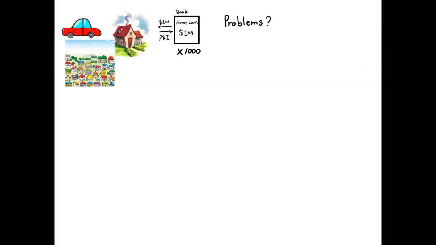If some of the households default, they're going to suffer a loss? Yes, exactly. Default risk, credit risk. Anything else? Actually, if they default, what we get is just the property. We can get the property? Yeah, the property is very hard to sell, like in the GFC. It can be hard to sell, yes. So you can realize losses there, yes. Any other problems?